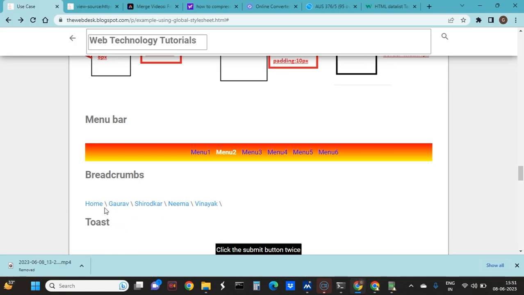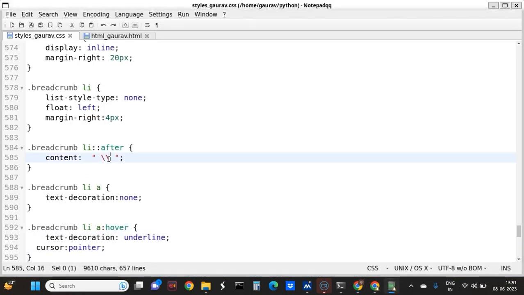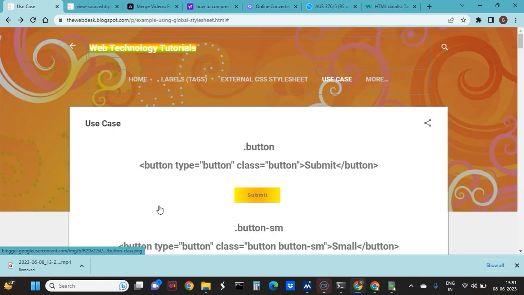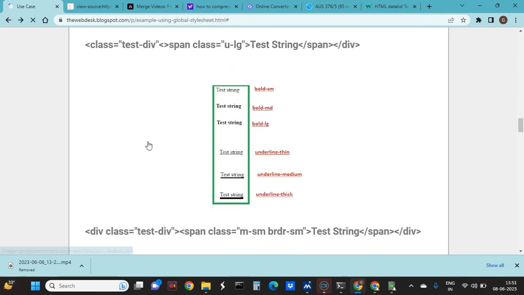Then you have the backslash. So here content is a backslash, and again it is escaped. There is a space, there is a backslash, and there is another space. So that is the content after every element. So after home element, this is the slash, after Gaurav slash. So it means that in home directory, in Gaurav directory, in Shirodkar directory, inside that Nima directory, inside that Vinayak directory,